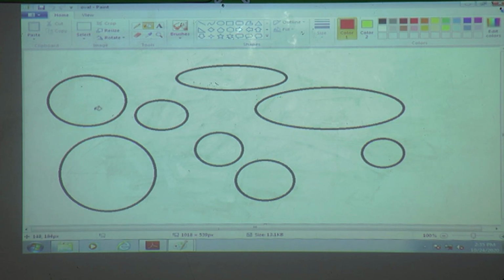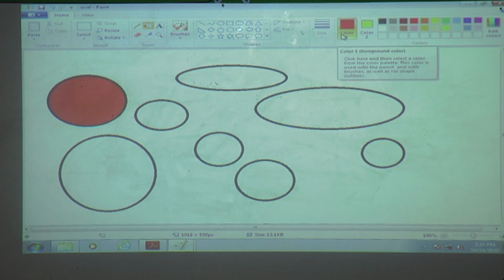When we press the left button, which color does it become? Red color. Why? Because we pressed the left button. Now which button do I press? Right button. That's why this shape takes a yellow color.